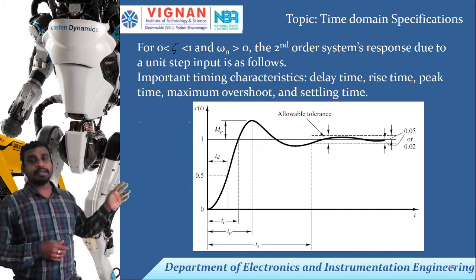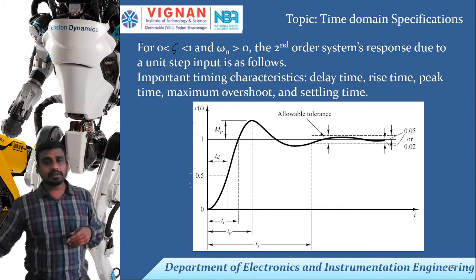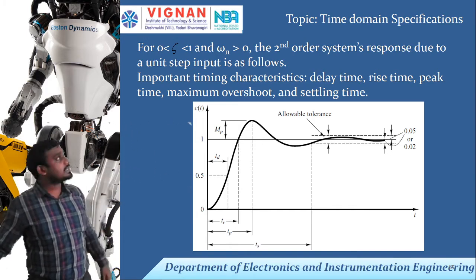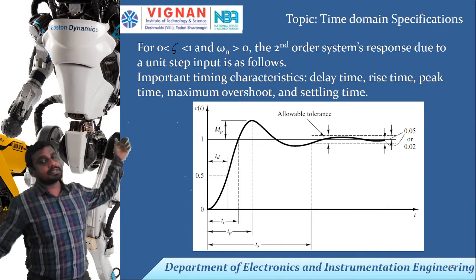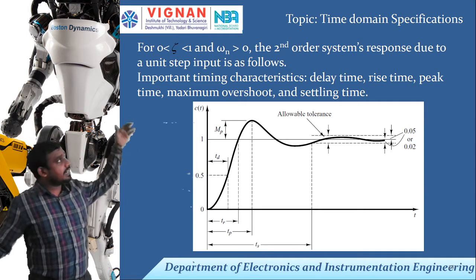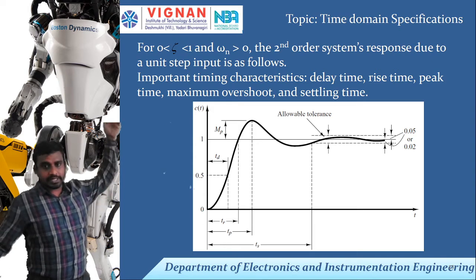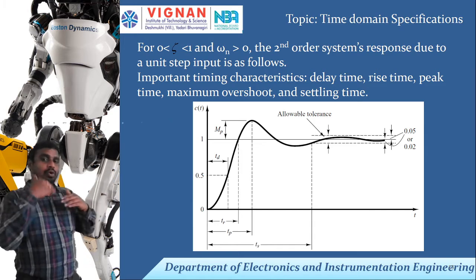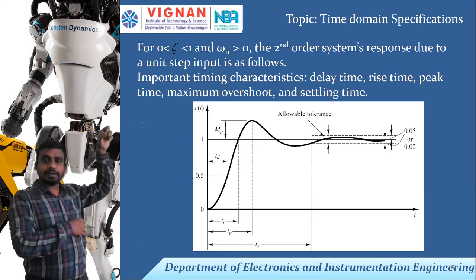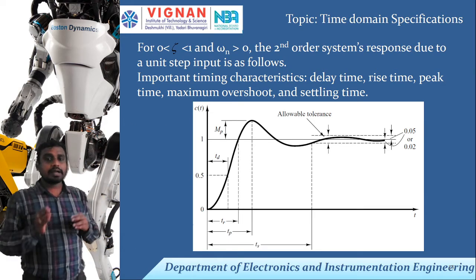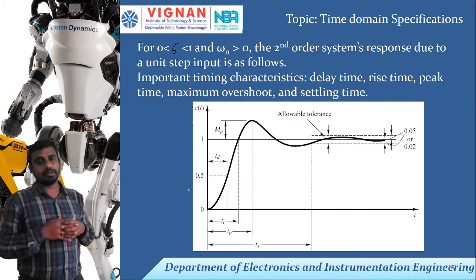Okay. Then peak time is the time taken for the process output to reach its maximum overshoot. If you observe in this plot, there is an overshoot in the plant which is referred to as Mp, right? Your desired output is 1, but it is deviating from 1 and going beyond 1, and this is called overshoot. When the system is overshooting, the time taken to reach that first overshoot point is referred to as peak time, right?